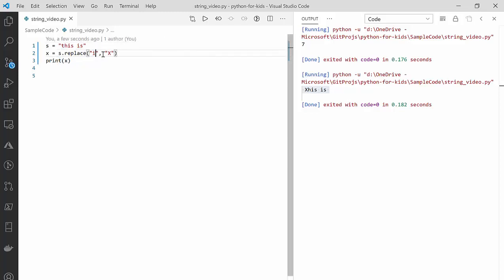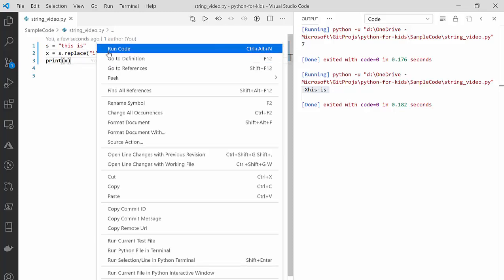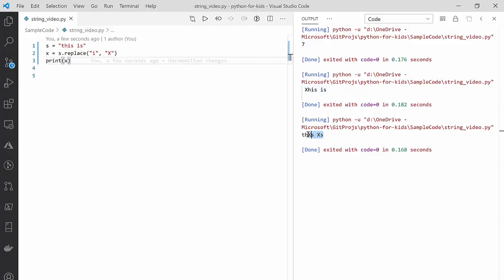So if I replace i, which has 2 occurrences, you can see that, and then if I run here, it will basically replace all the i's with x. So you need to take care of that part as well. And now if you have a bigger screen,